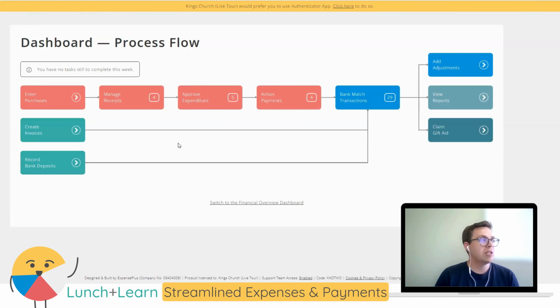So as you can see from our dashboard, we've got our enter purchase module, manage receipts, approve expenditure, and action payments modules here. And they work in a nice flow all together. So we're going to explore what that looks like in ExpensePlus and how that can be useful and beneficial for